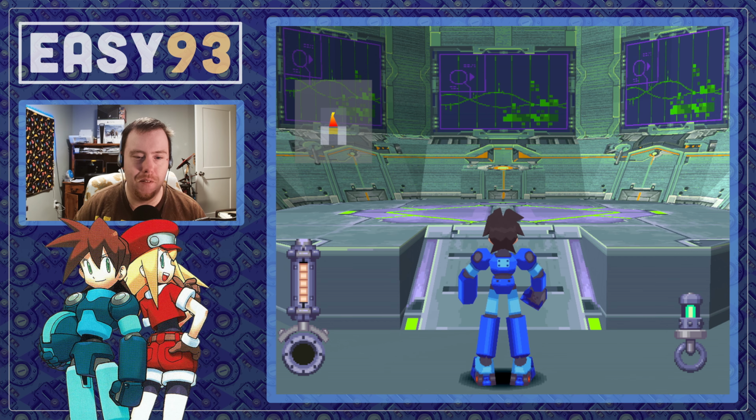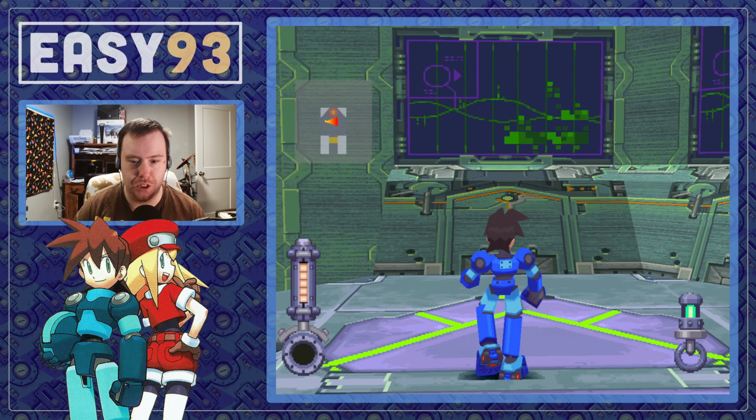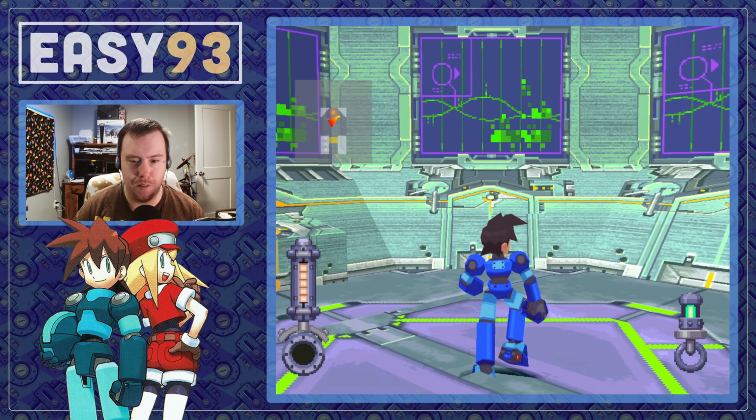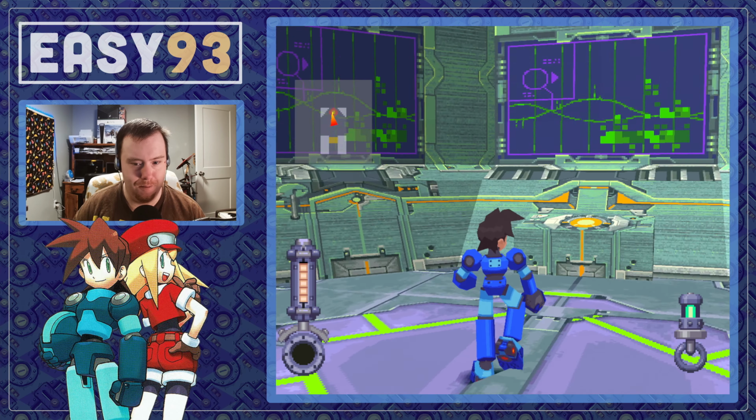Roll literally can't even get her spotter signal in this place for some reason. Look at this. We have these big control panels and screens indicating different things. I mean, although I know they look the same in the game right here, but...